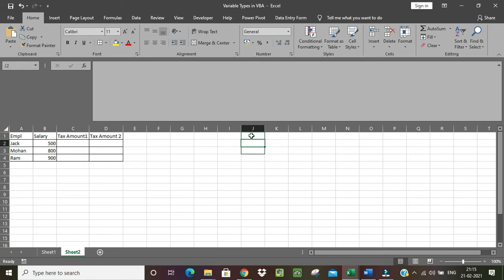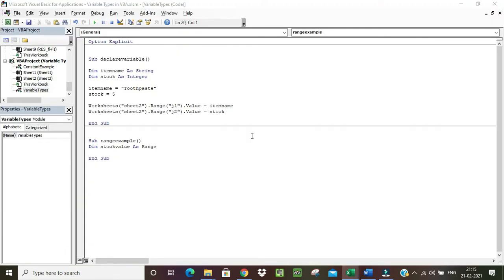Now let's say we have stock values in these 3 rows. So let's say I have stock value, I have 2, 3 and 4. So we have values from J2 to J4. We will use the set keyword to define our range.